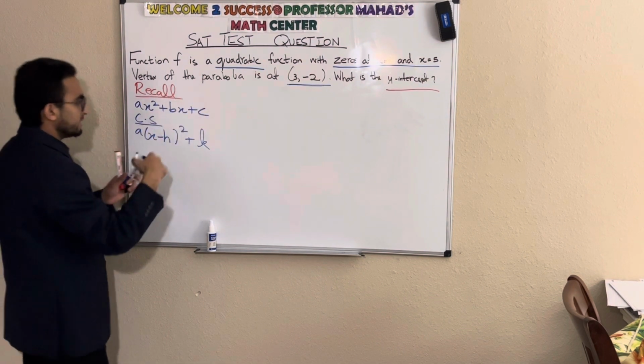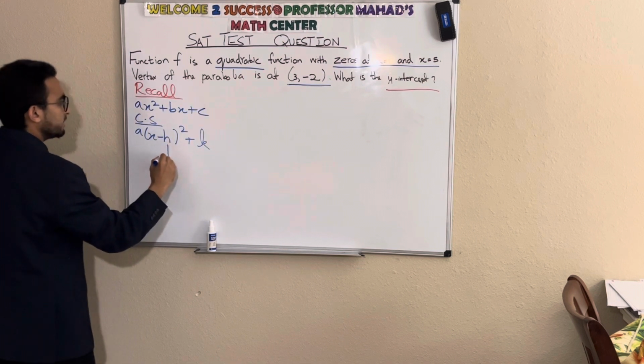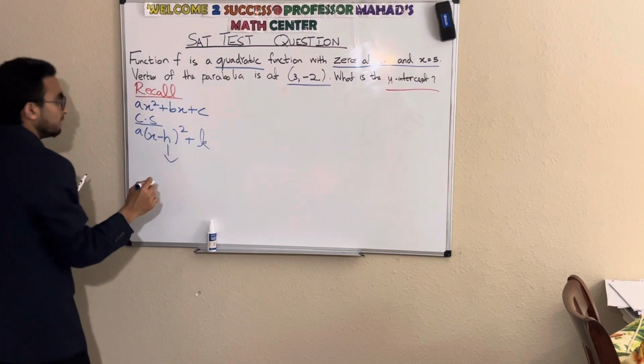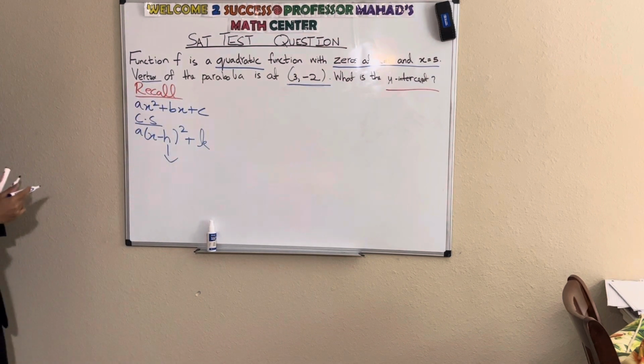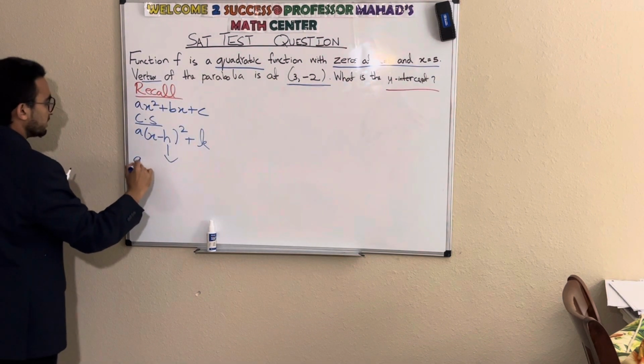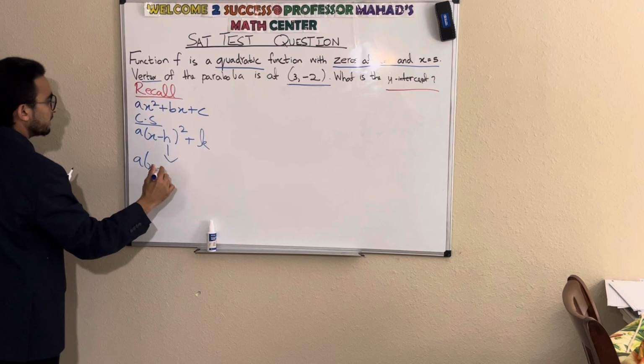So can I write this, since I'm given the vertex, right? (3, -2). So can I write it as a times x minus